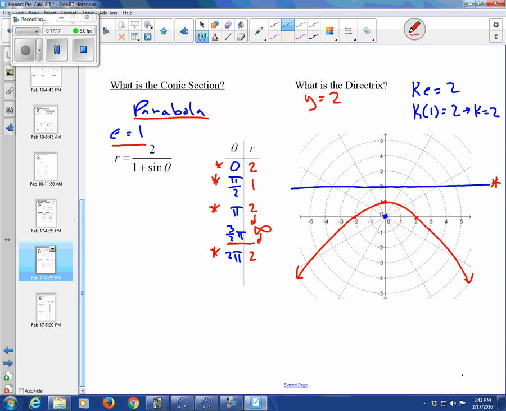And then at this point, what we want to do is just sort of evaluate the rotations. So right here we can say that evaluating these rotations, we get a rotation of 0 giving us 2, rotation of pi over 2 giving us 1, rotation of pi giving us 2, and a rotation of 3/2 pi giving us basically an undefined value. But if we think about approaching 3/2 pi, we can see that that denominator of 1 plus sine theta is actually getting smaller and smaller. So we're getting r values extended out to positive infinity,